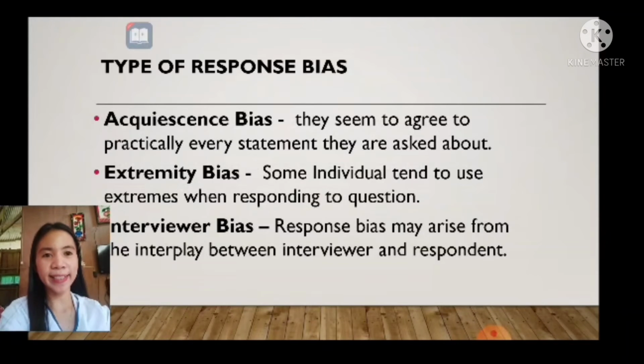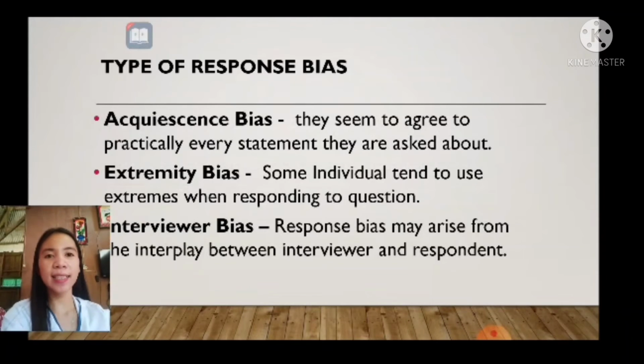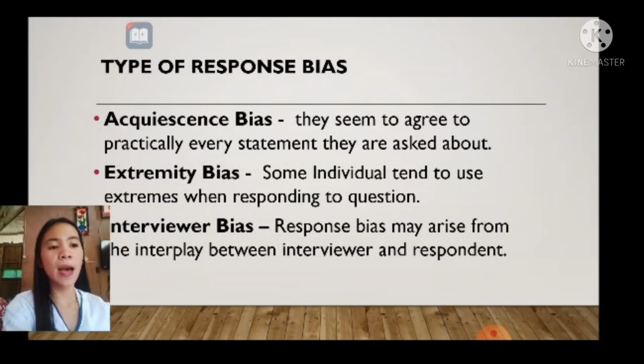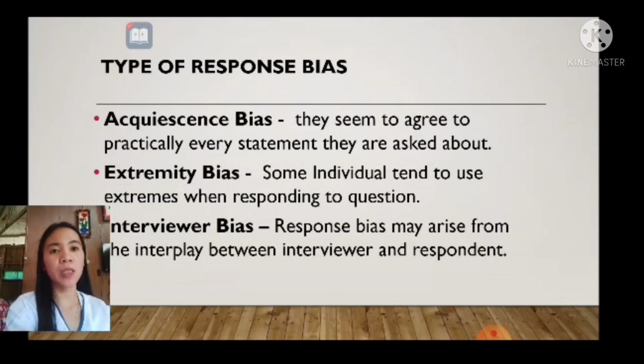Next is extremity bias. Some individuals tend to use extremes when responding to questions. Extreme bias refers to content in social media being more extreme than what is typically observed offline. Meron ding mga bias sa media, lalo na sa social media, dami yan.